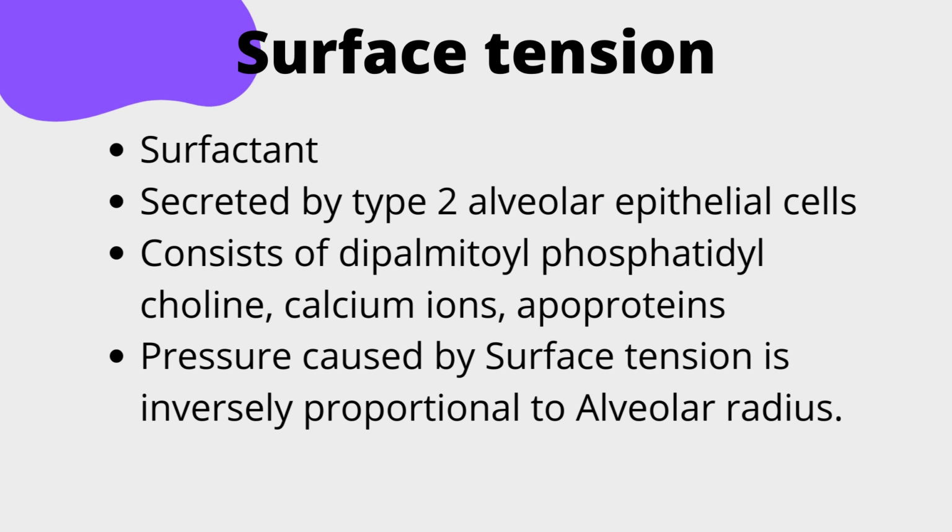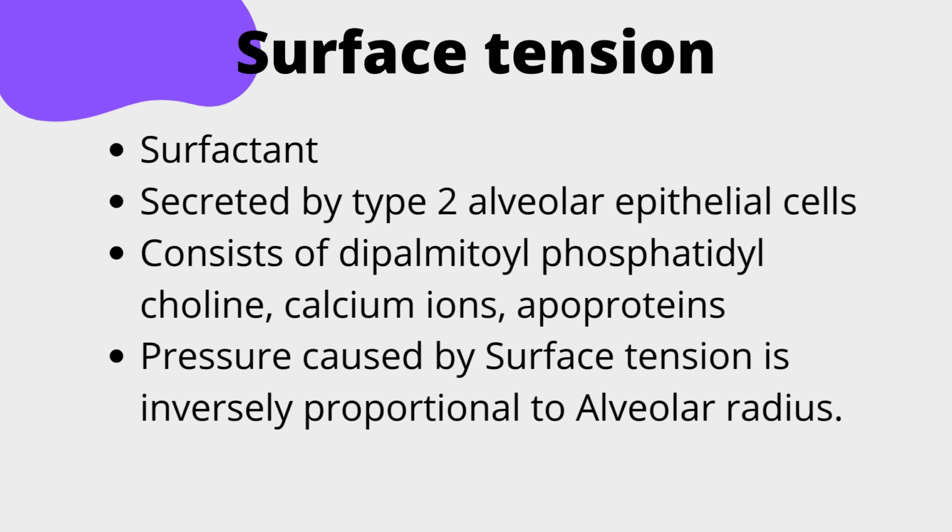If there were a water and water interface, or if you fill the lungs with saline or some fluid, you will see that the surface tension disappears because there is no interface. When there's an air and fluid interface, that is when you get to see the phenomenon of surface tension come into play. Our body has a natural mechanism to reduce the surface tension, because we do not want the surface tension to be really high. We do not want our lung alveoli to collapse. The surface tension is basically the tension present in the alveoli, between the alveolar fluid and the air.